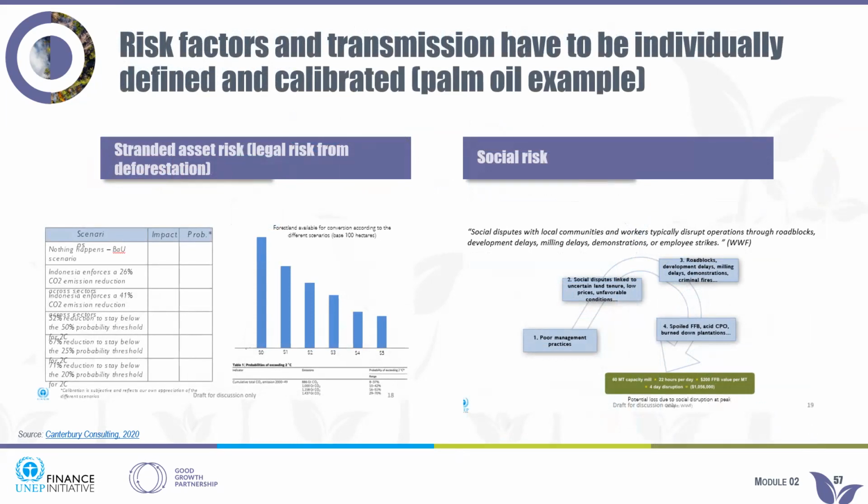So this slide will continue on this example for the palm oil sector. It shows how typically essentially translate the vulnerability analysis into the calibration, and from the calibration into the information that will feed into your simulation model. So we can see that in the case of stranded asset risk, which is a form of legal risk,